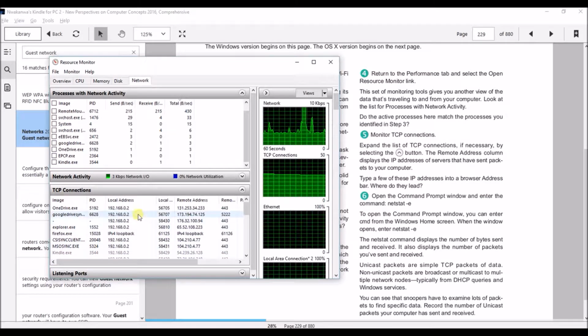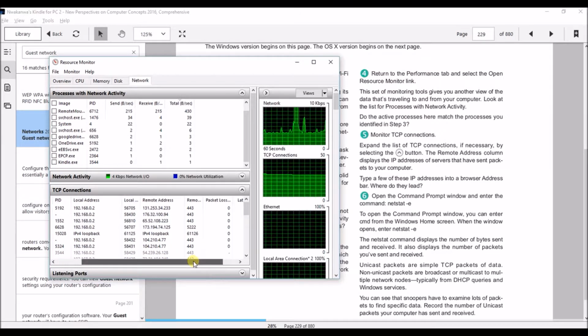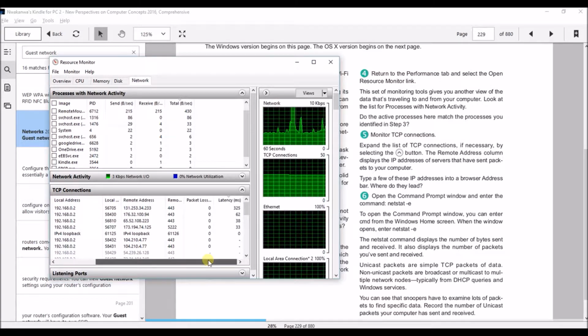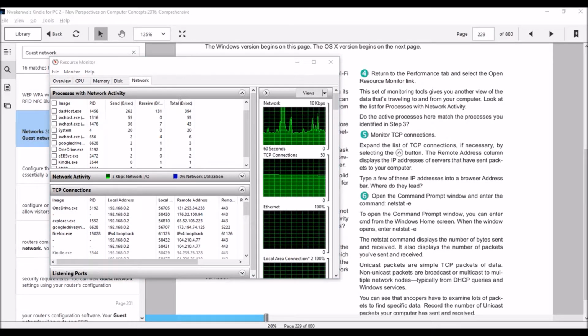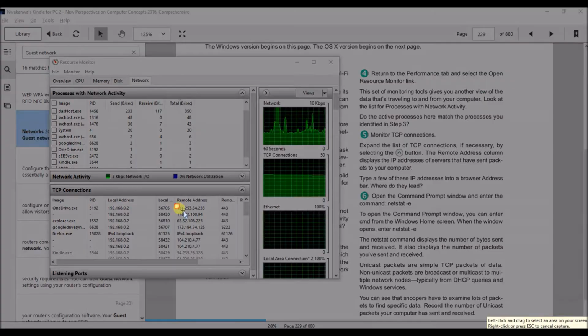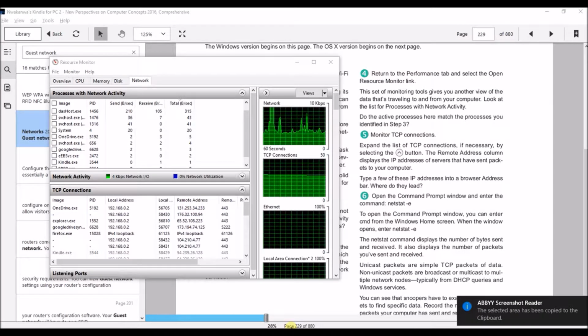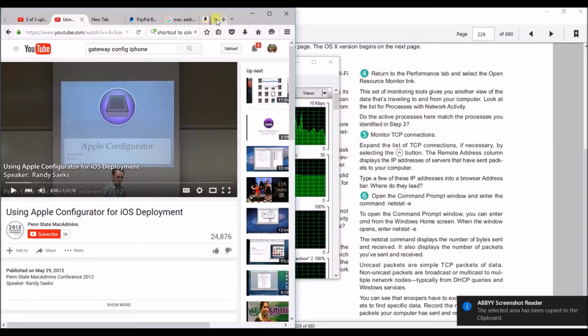So I know this has to be on my computer, right? So packets, is it packet loss? So where do they lead? Remote addresses. Oh, let's find out. So we go here, that's where we have this, and we go here and we grab this. Okay, and bam, we go right here